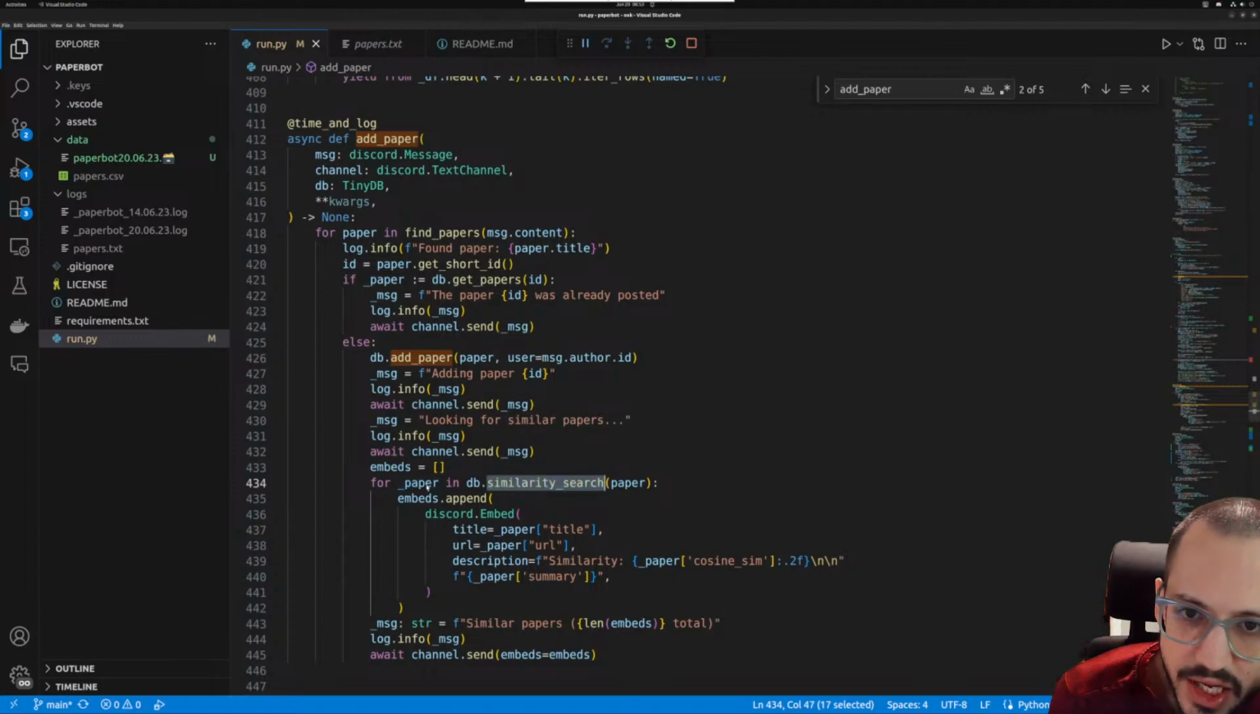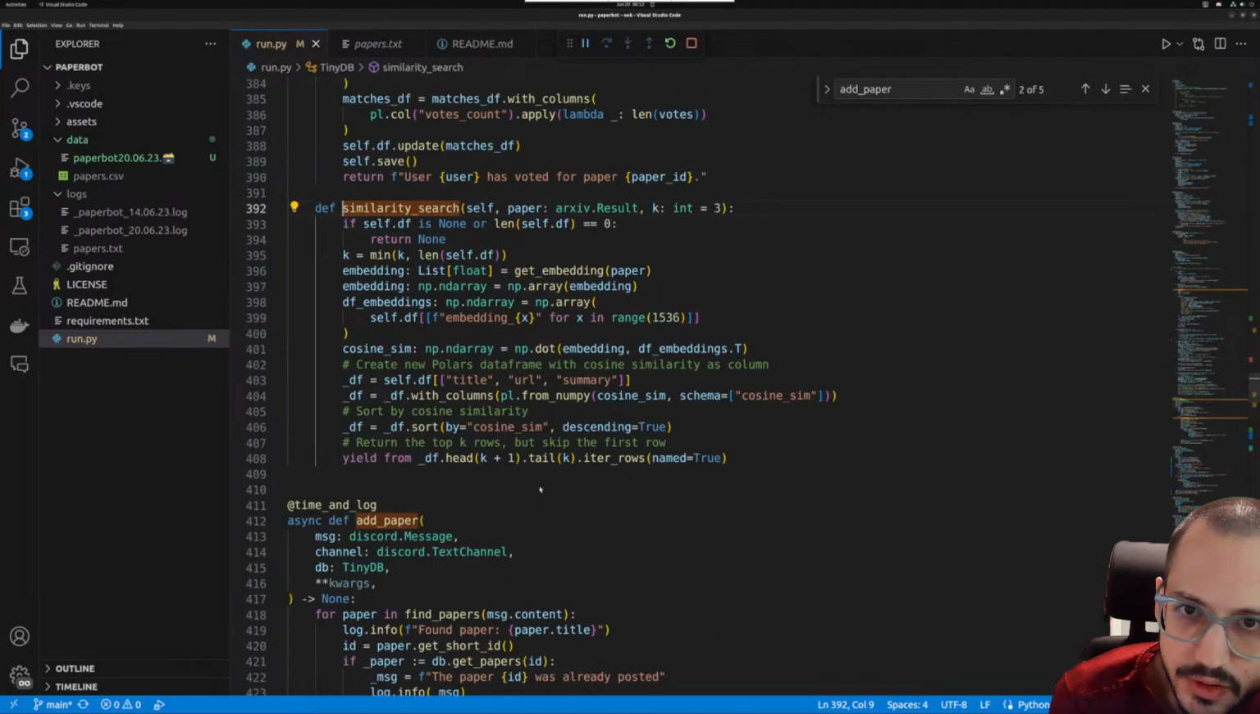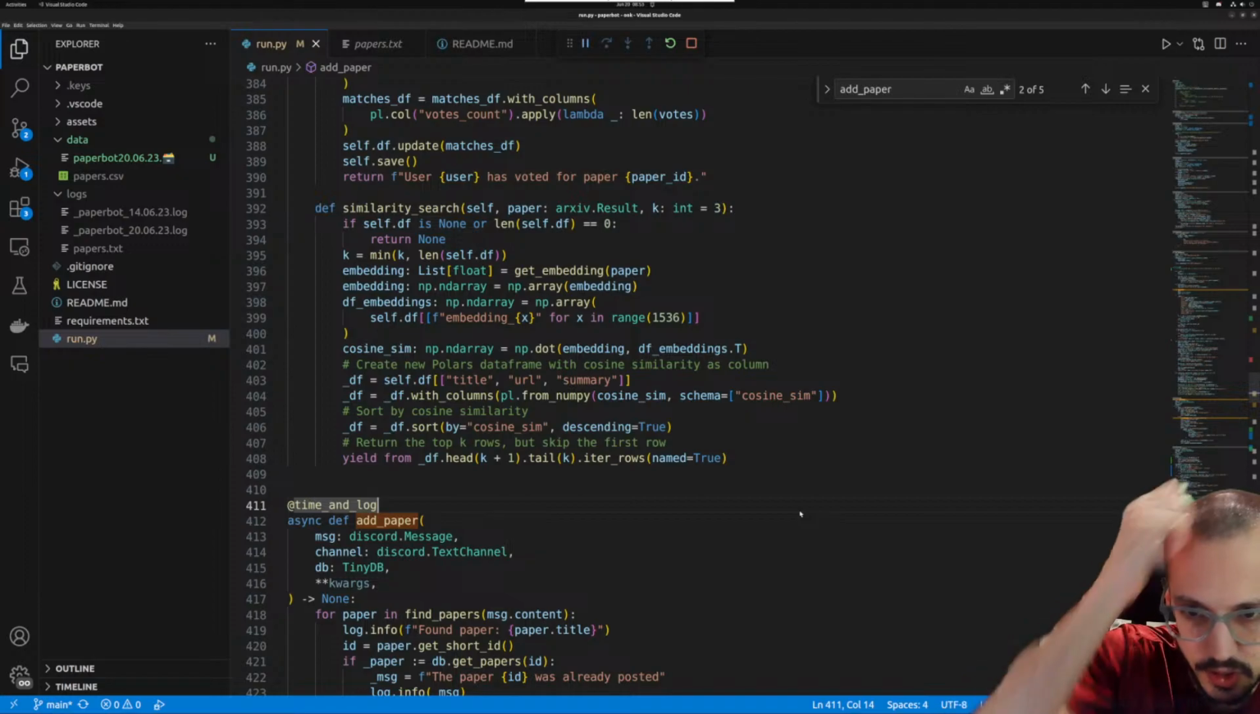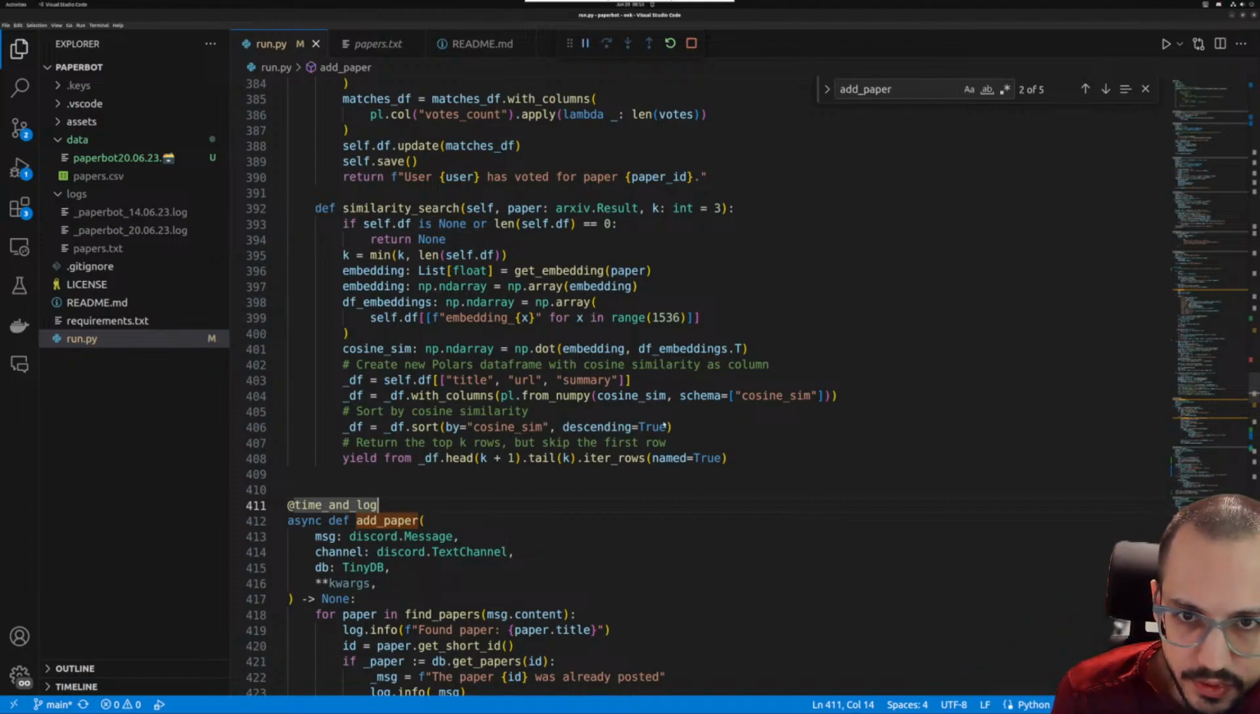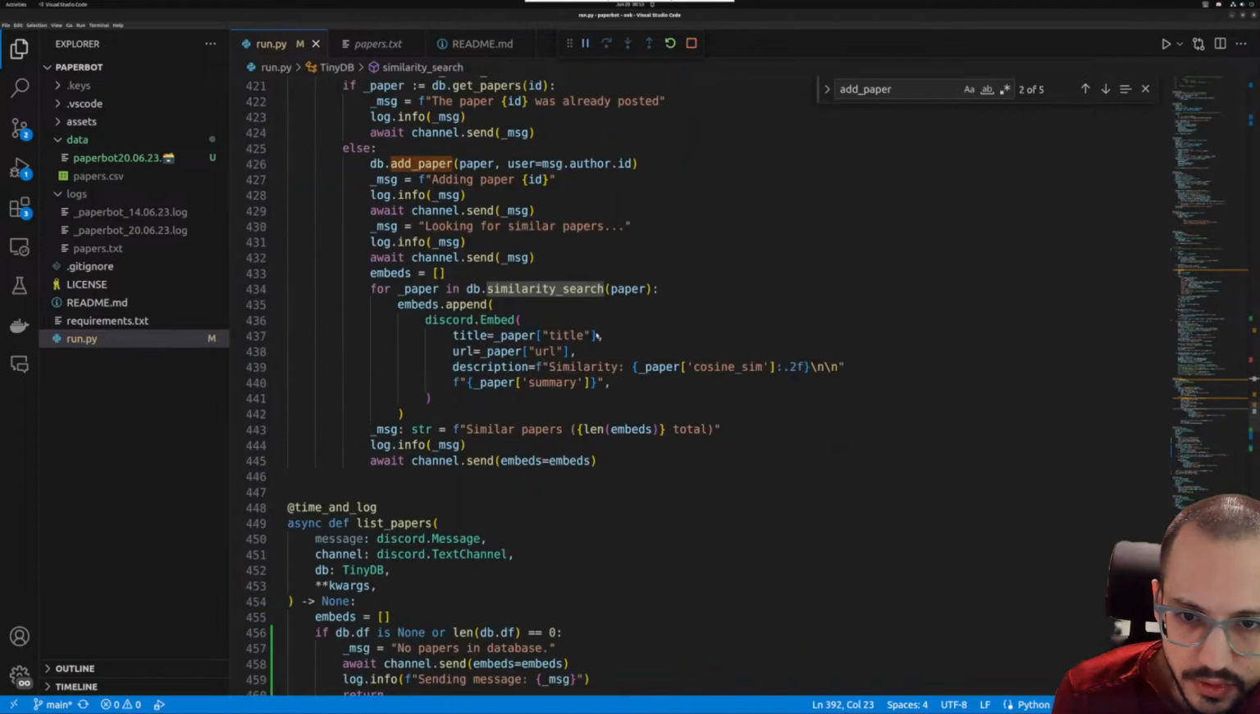Does this return a paper object? No, you see this returns an actual... This returns a dictionary, which is not good. Ideally, we'd want this to return an object of the same archive result type, right? So here's what we're going to do. We're going to say